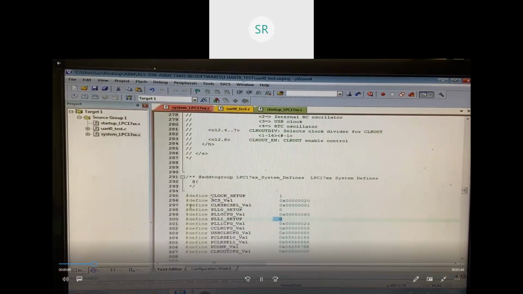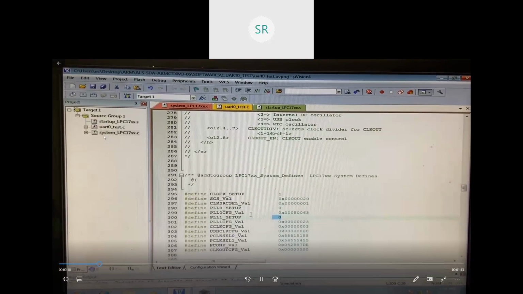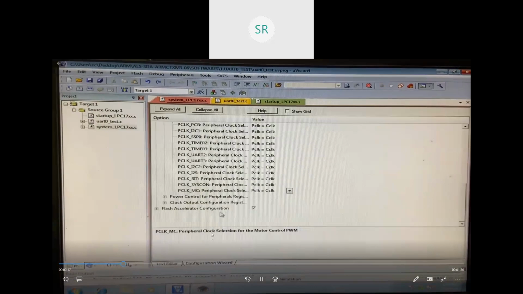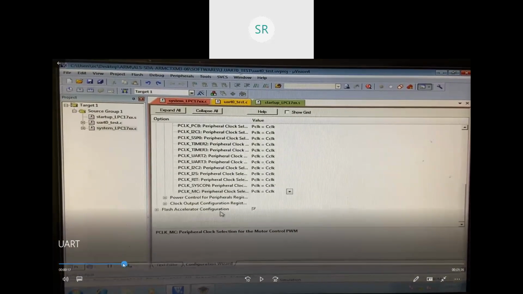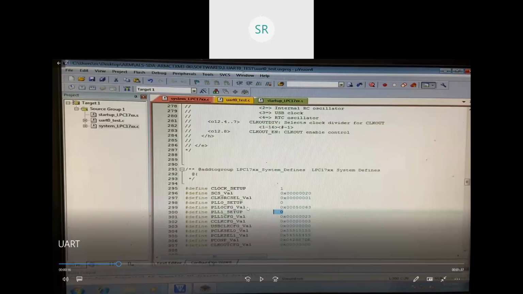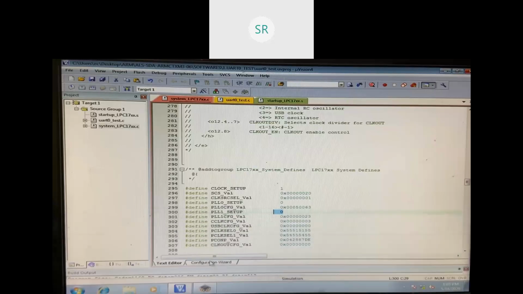After that, in system.c, check lines 298 and 300. The peripheral setup, PLL 0 and PLL 1, should always be 0.